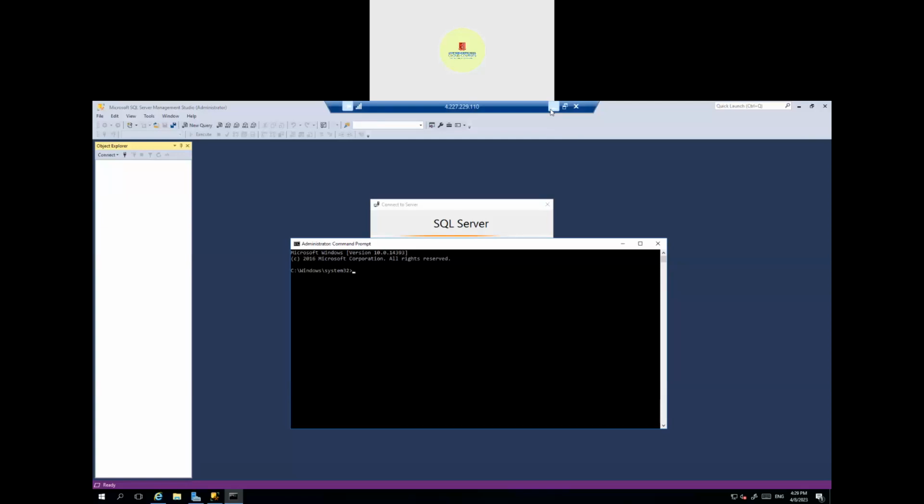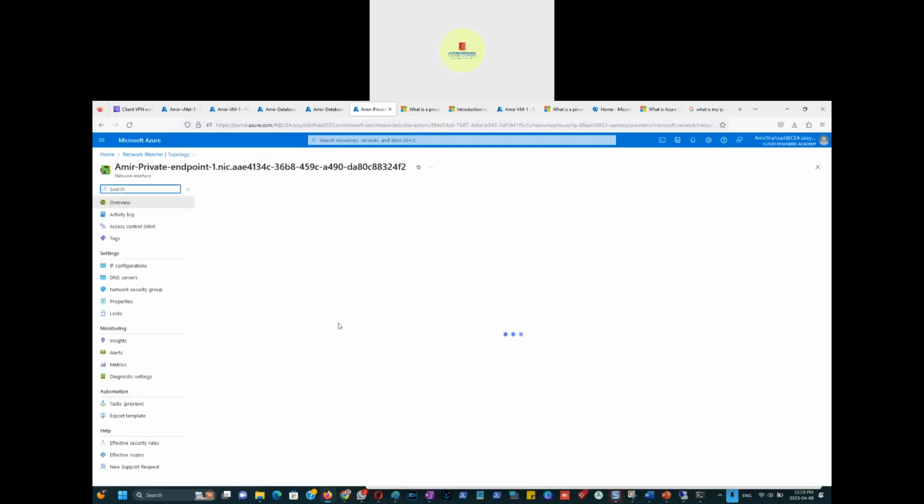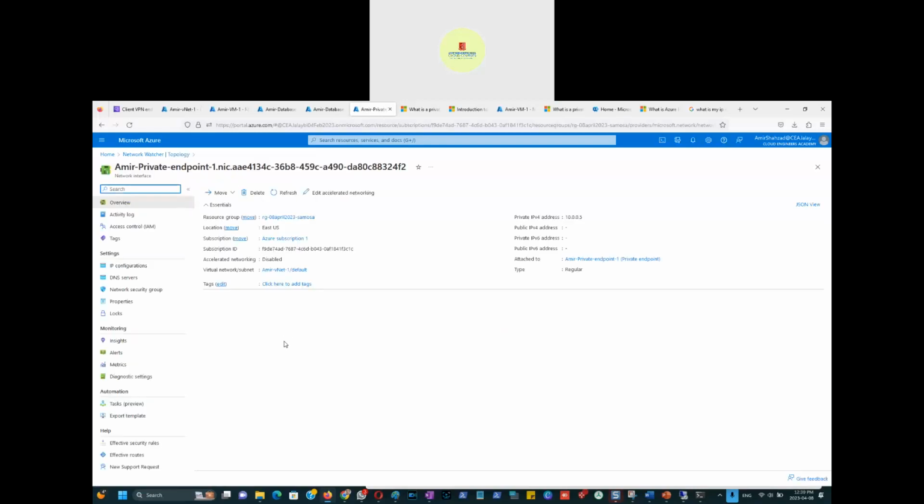Oh yeah, one more thing: from this SQL Server, I can do a ping to the private endpoint IP, right? That can also prove that this field is connected to